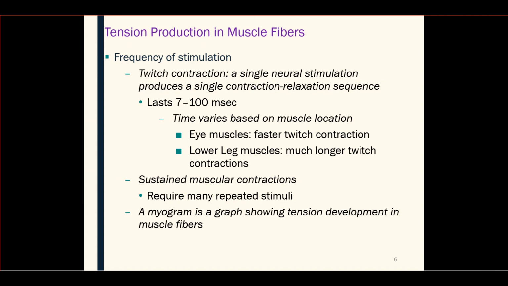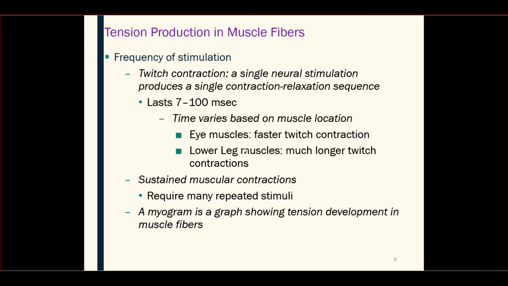And you can see here, depending on the muscle fiber in the body, it can last anywhere from 7 to 100 milliseconds. And there's different factors about that, but one of the important factors is the location of the muscle. For instance, we see that eye muscles and hand muscles have a faster twitch contraction. They're going to be closer to the 7 to 10, say, milliseconds. So these muscle fibers have a much quicker twitch contraction, and they can move much faster,